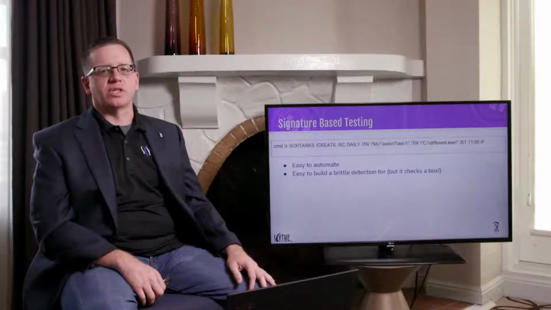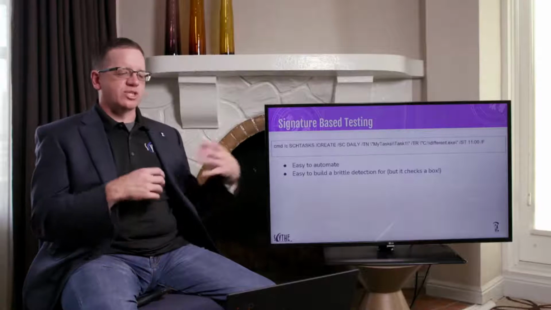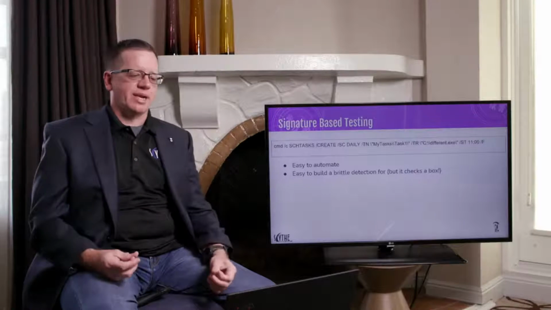As I describe the overall goals of an operation, I should be talking at a higher level of abstraction and then let the operator figure out the procedures that will best accomplish that goal, right? But for us, what we need to focus on from a control validation standpoint is procedures. So I want to quickly talk about some of the fails that we've seen over the years as we think about procedures, even something as simple as signature-based testing.